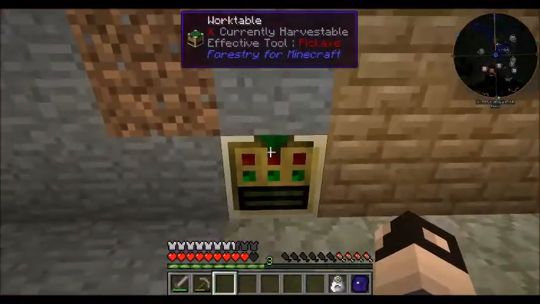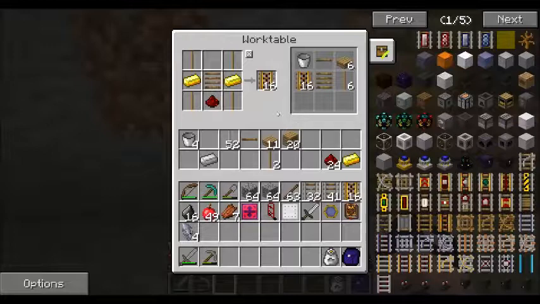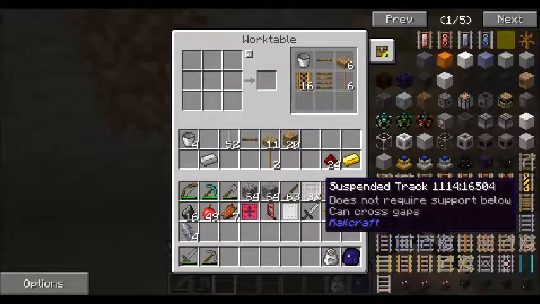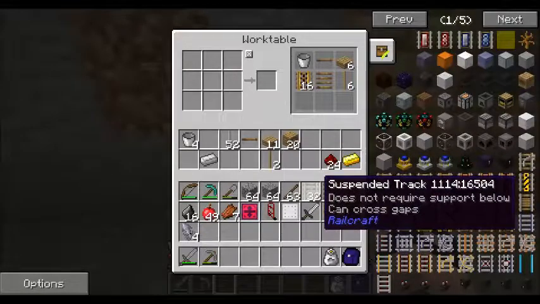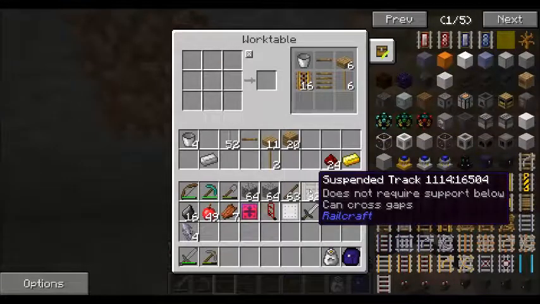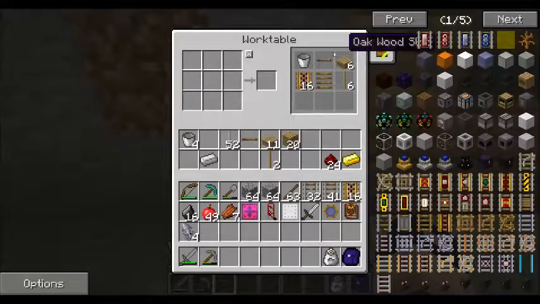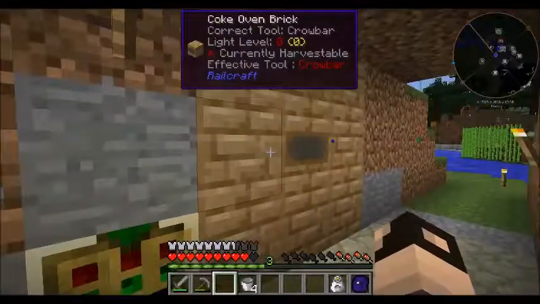Okay, I'm cutting back in here. I made one minor mistake already. I evidently made some suspended track rather than normal track, but as far as I can tell, you can just use it like normal. I looked at some of the recipes. Normally in the recipe I got, it made 16 tracks, but I think in the normal rails it does 41 tracks. I'm just going to get a little bit more creosote